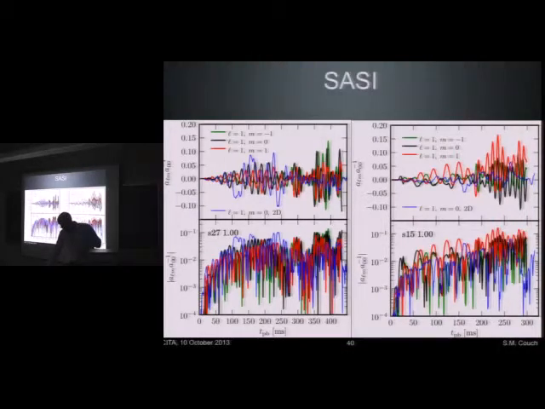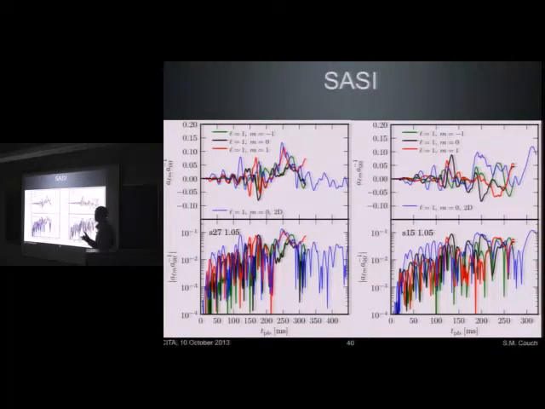Okay, so turn the heat factor up and get an explosion in 3D. What happens to the SASI? We find something very similar to what Ott et al. found. It gets weaker, and almost not present at all, especially for S15. I'm hard-pressed to point at anything as linear growth of the standing accretion shock instability in this plot. It is present a little bit here for S27, but it is weaker. It has a longer growth time than it did for the lower heat factor. So here it seems that convection is winning the fight if you turn up that heat factor enough to get an explosion in 3D.